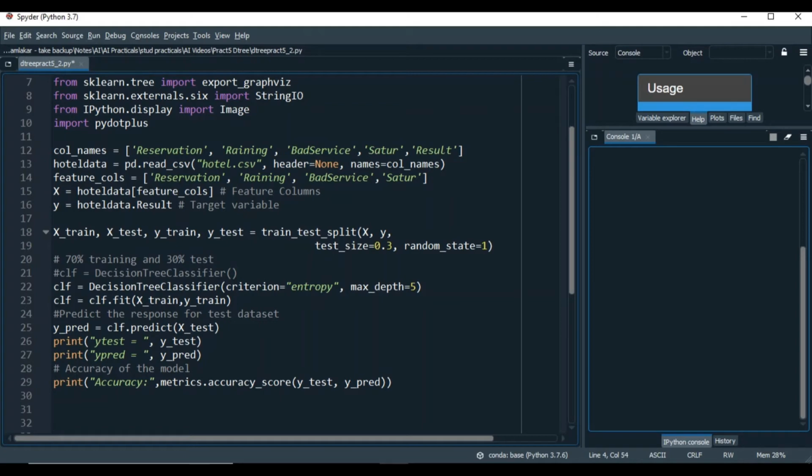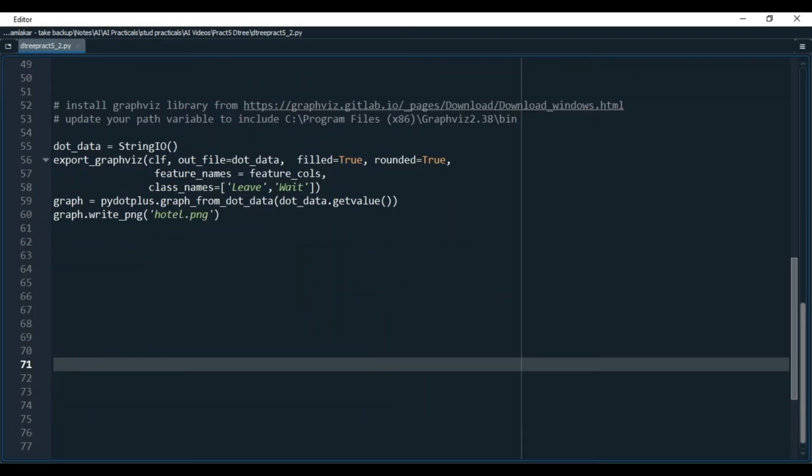Next, I'll create an object of DecisionTreeClassifier. There are various attribute selection methods using which one can build this model, out of which I am going to use entropy, which is specified in the criterion parameter. The maximum depth I want to set is 5. This object has not got the data yet, so I will call the fit function where I will pass the training data to the decision tree object. Thus, our model is ready. I can pass the test data to this model and find out the predicted values. Based on values of predictions and actual, the accuracy of the model can be determined.